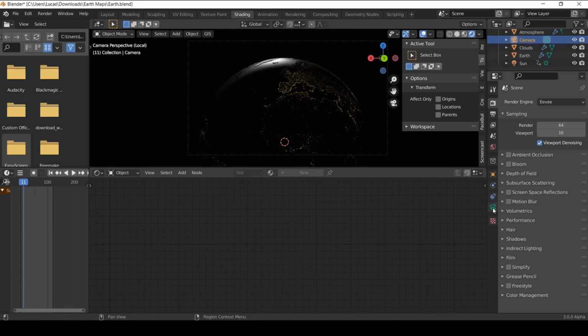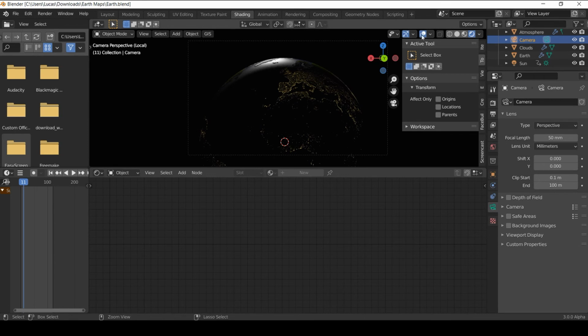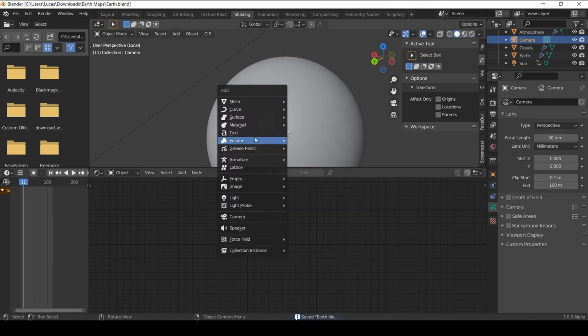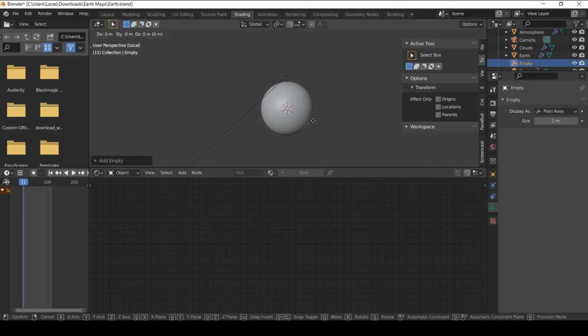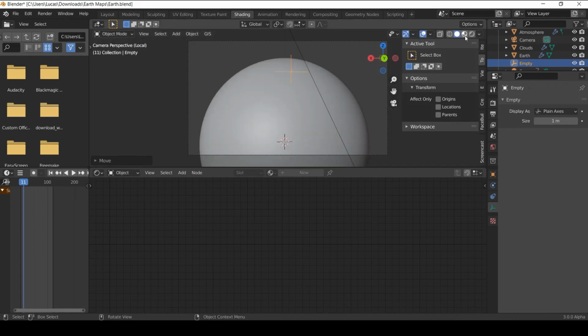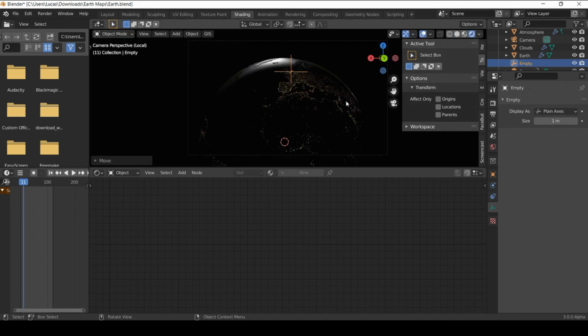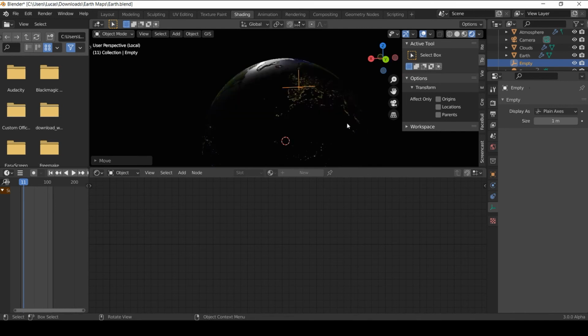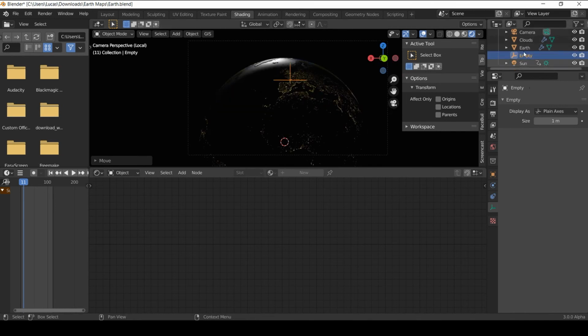Let's go to our camera tab, and let's come to solid mode, and we're going to Shift A and add an empty plane axis. Let's bring this out on the Y, scale that down a bit. Let's bring that up on the Z, bring it down on the Y a bit. Now if we come to our rendered mode, let's align this with Europe, for example. Okay, if we come to our camera